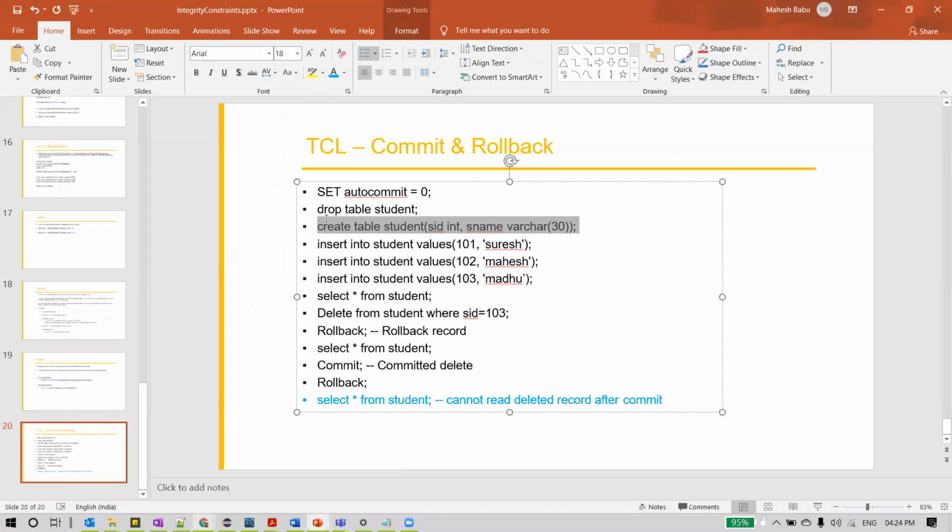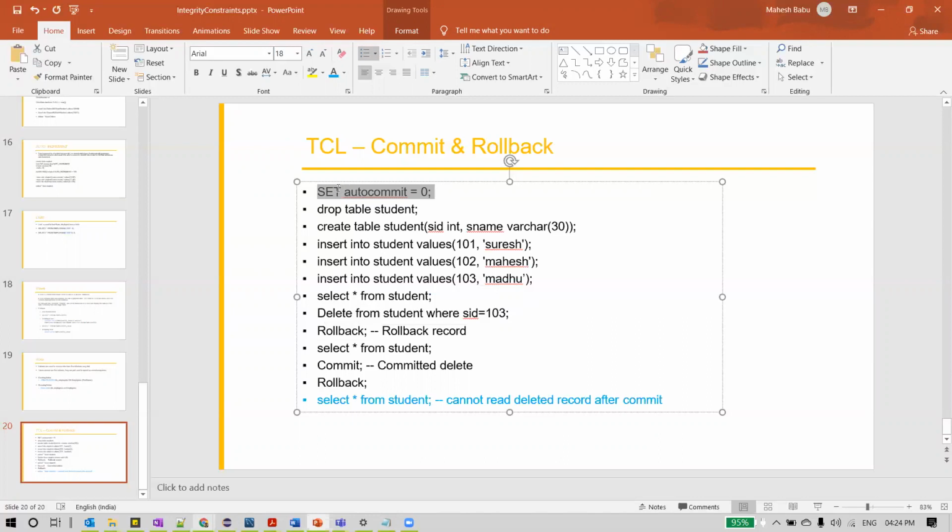If you created some table here, and you're trying to insert some rows into this table, but at a later point of time you are not interested in this, so you mistakenly inserted these rows into the table, then you will have an option to roll back so that this will not be committed to the database. So this is the use of rollback and commit.